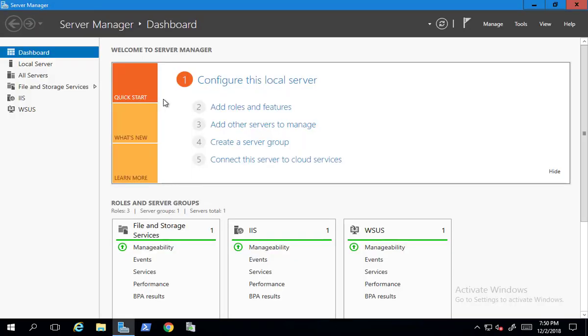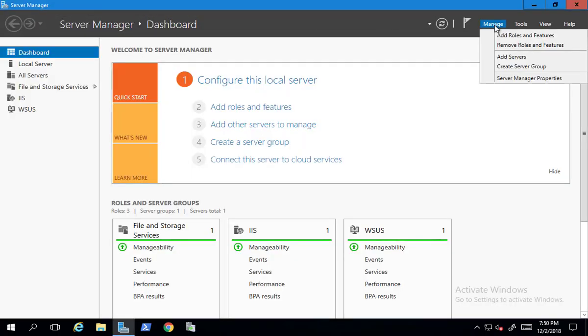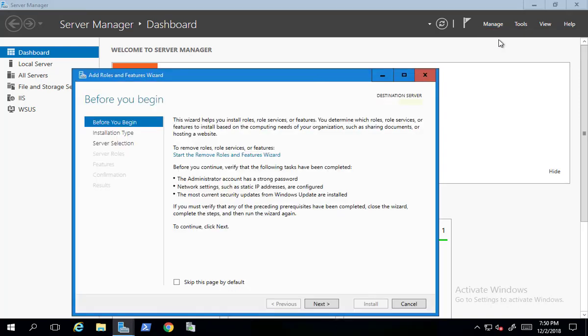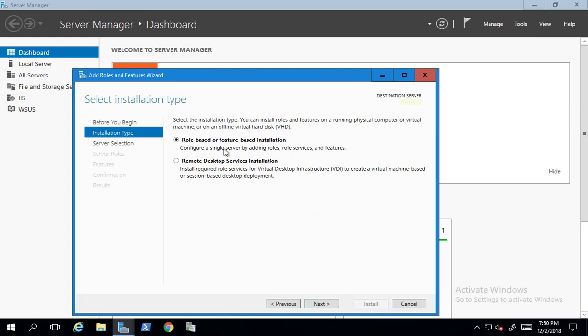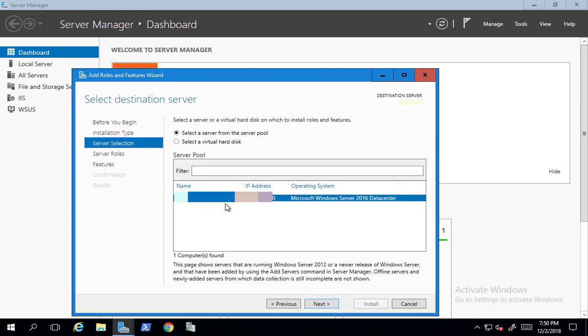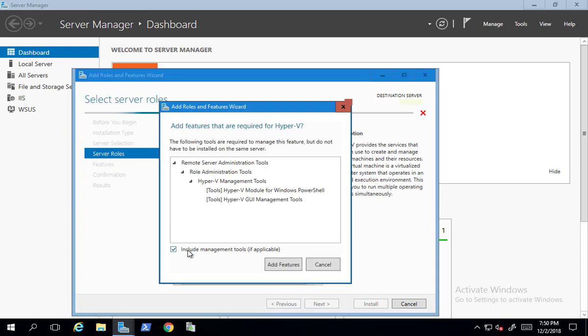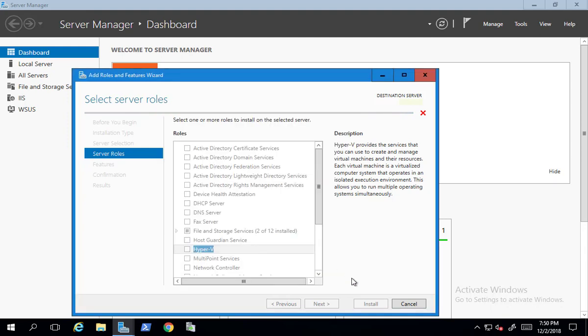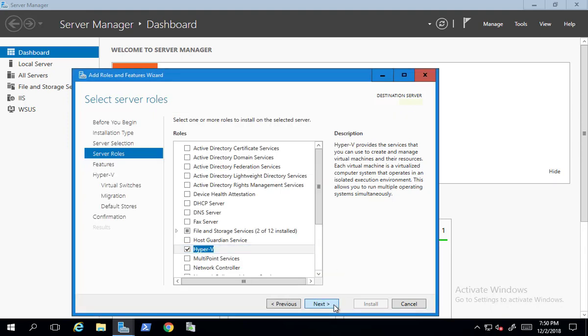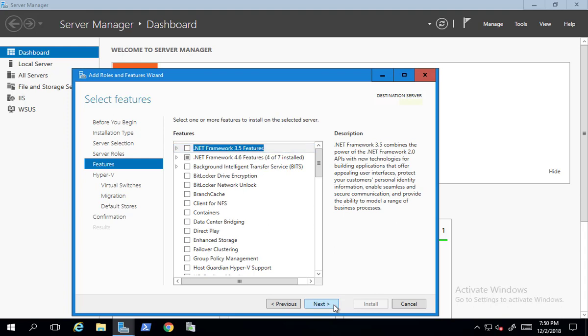So once it is installed, you will navigate to manage and add roles and features. From here, you click next and you select role based installation and click next, and you make sure you are connected to the correct server and click next. Here you can see Hyper-V. This is the role we need to install. So we will click on it and click add features and click next. Next again,